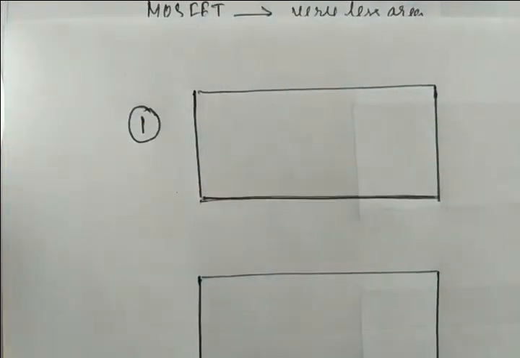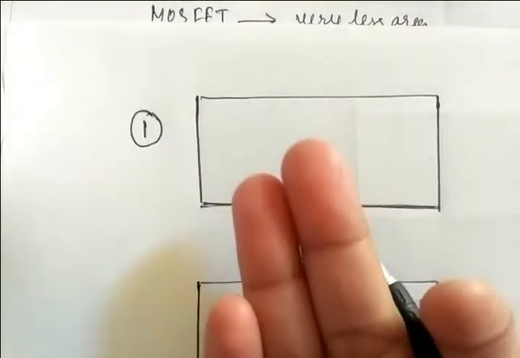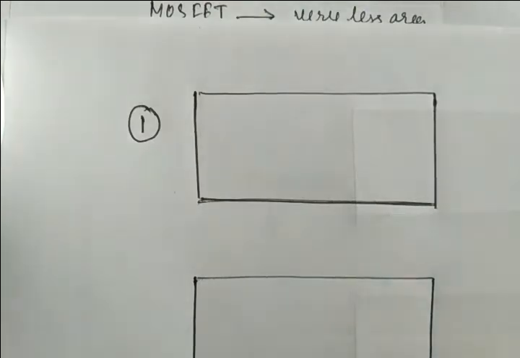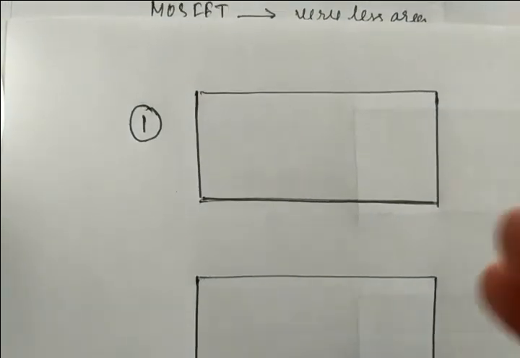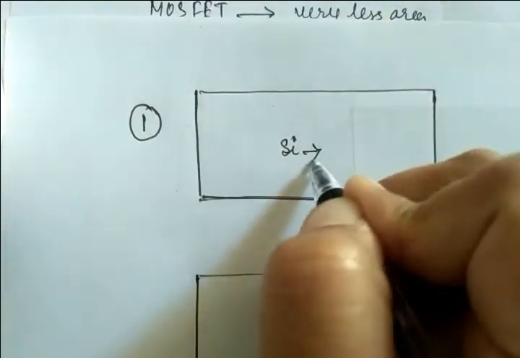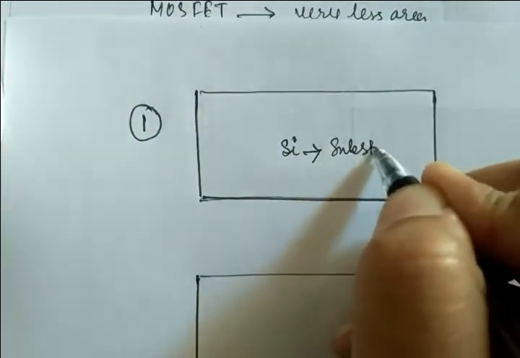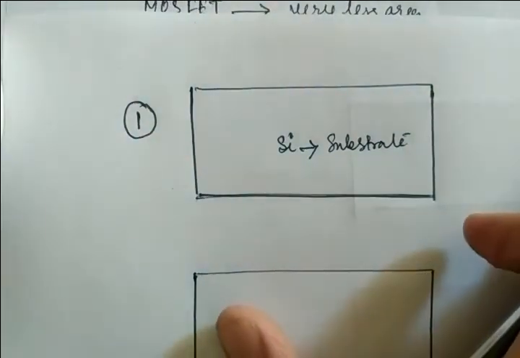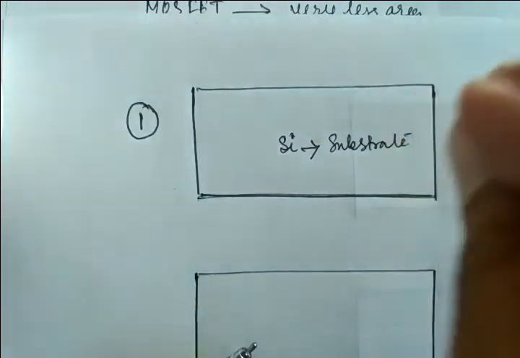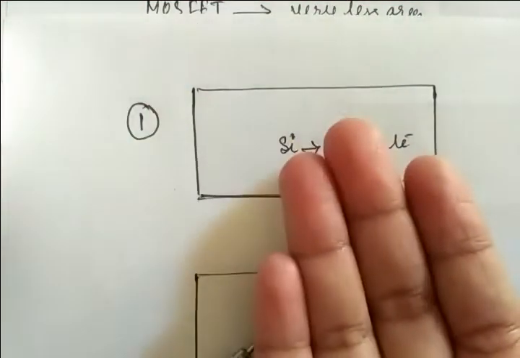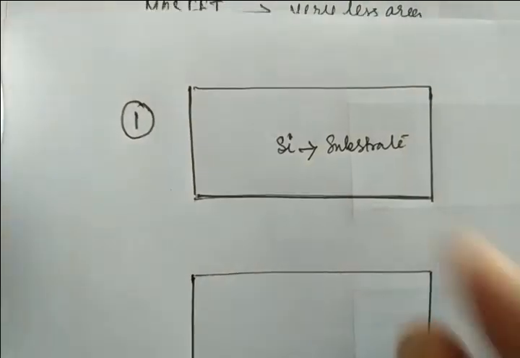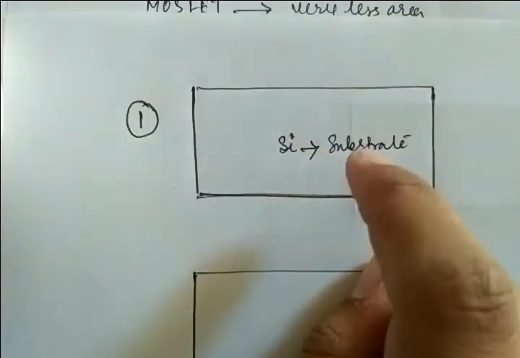Whenever we start a design, we need a base. So what kind of base is there? Because this is a semiconductor material, what kind of semiconductor material will be used? The common one, that is silicon. So silicon will be used as your substrate material, because on this substrate each and every layer is formed. So we know the base, right? The base material is the silicon substrate. So this is our beginning block.